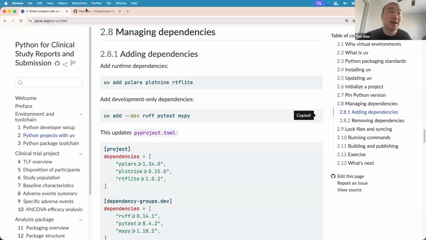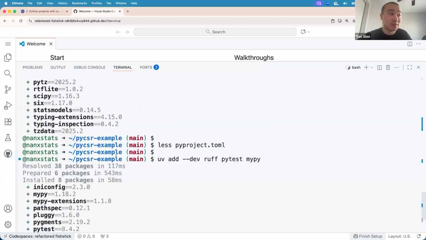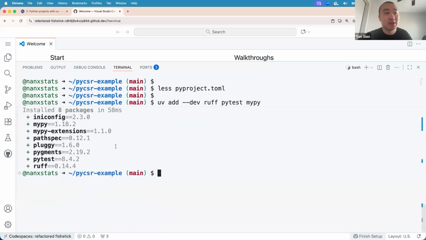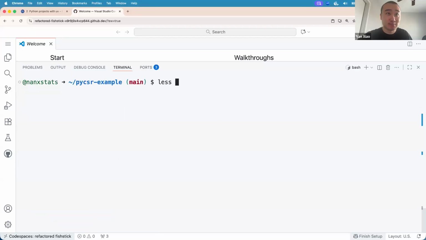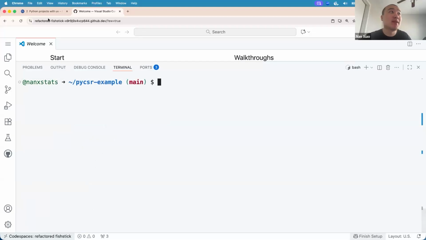So you can add all these things using uv add --dev with the package names, right? If we run this, it will output very similarly and update the pyproject.toml file, right? The dependency-groups.dev section with all these optional or development dependencies installed and declared.